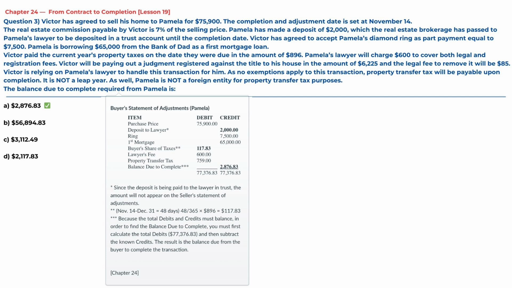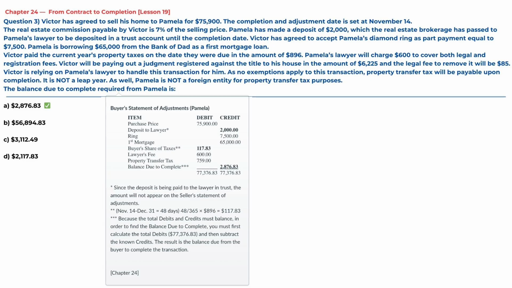Balance due to complete: $2,876.83 credit. So total debit $77,376.83. So total credit $77,376.83. Since the deposit is being paid to the lawyer in trust, the amount will not appear on the seller's